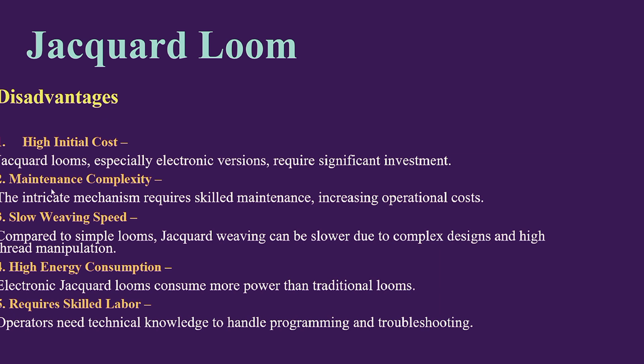The fourth disadvantage is high energy consumption. Electronic jacquard looms consume more power than traditional looms. So these are not energy efficient looms. The fifth disadvantage is required skilled labor. Operators need technical knowledge to handle programming and troubleshooting. So skilled labor is required in both production and maintenance, for technical knowledge and handling programming for troubleshooting